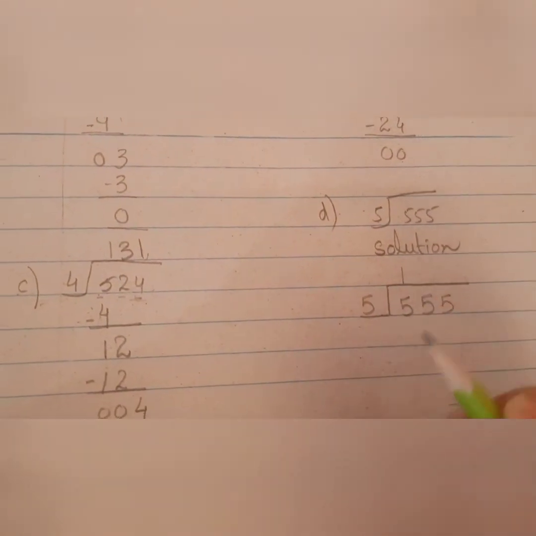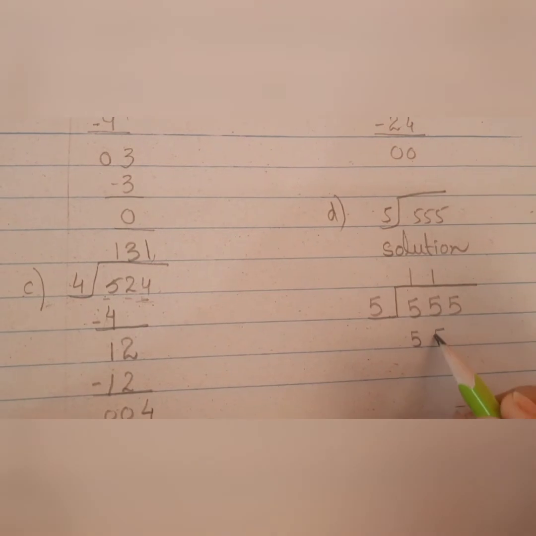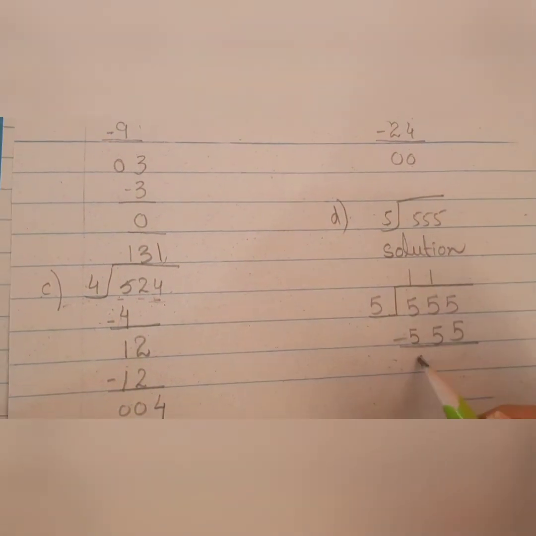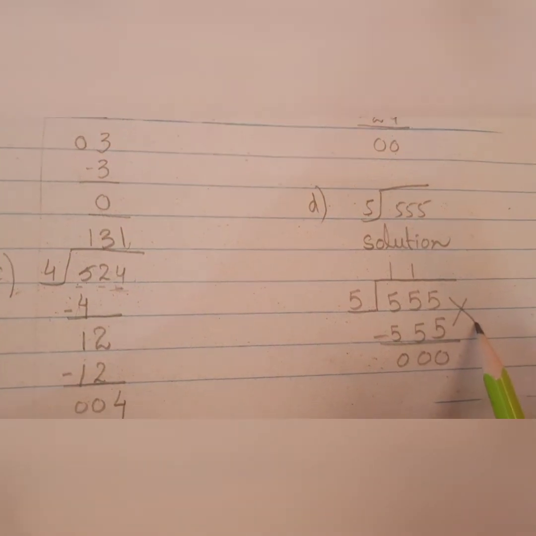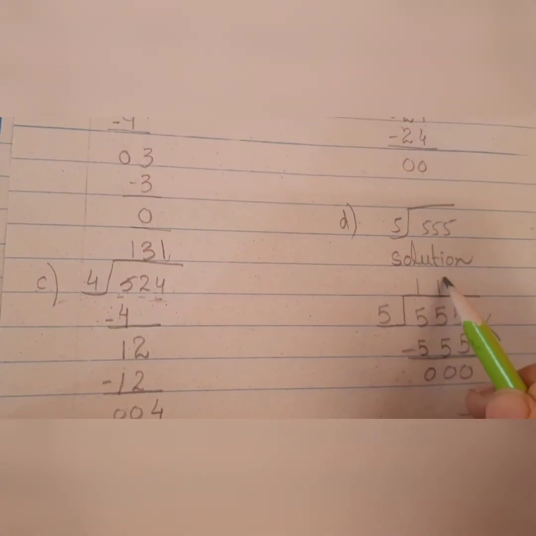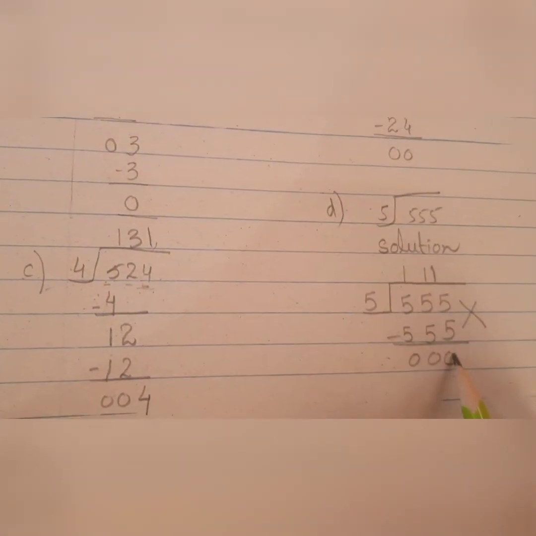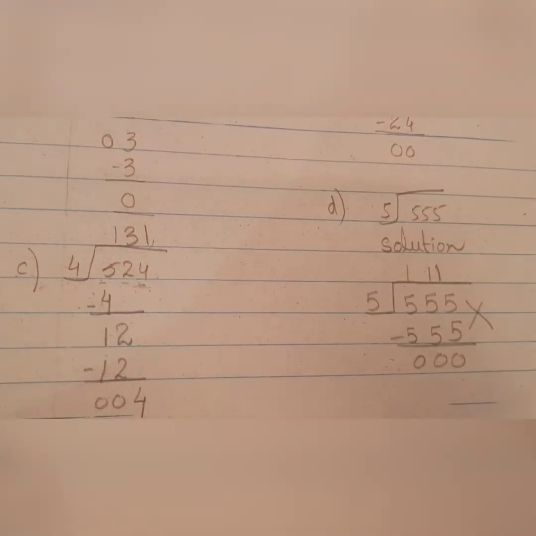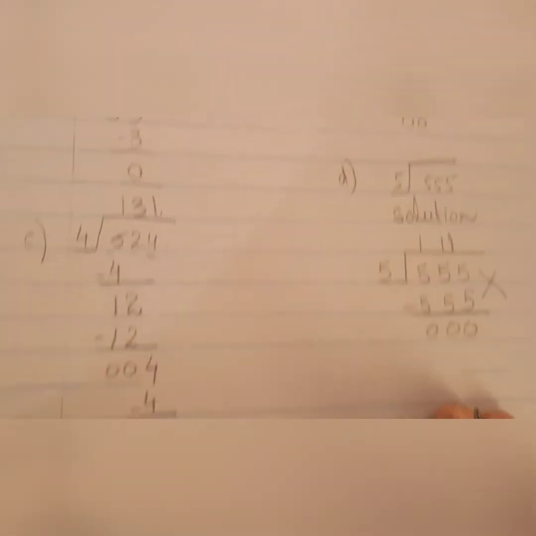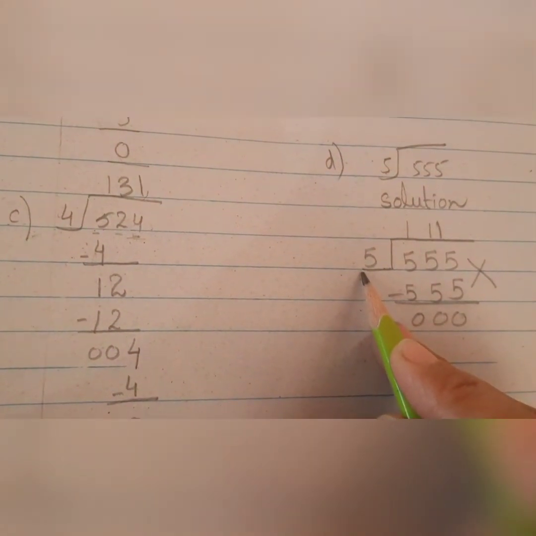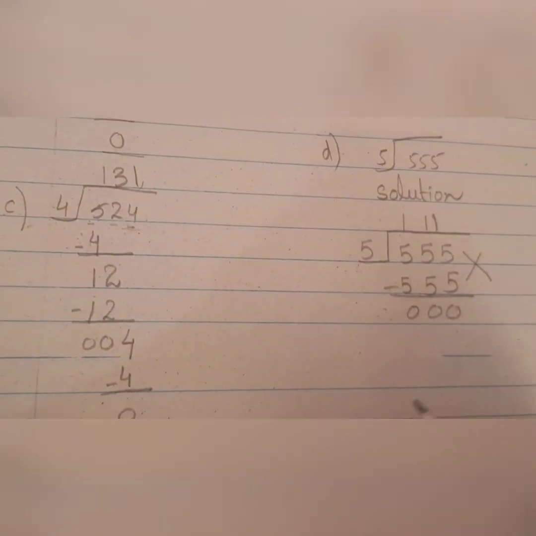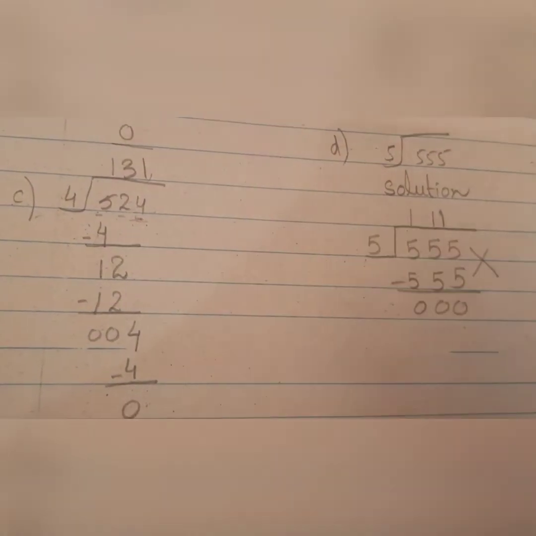Okay, most of the students make this mistake. As you can see, 5 ones are 5, 5 ones are 5, 5 ones are 5, and they finish the question. This is wrong. This is completely wrong. The answer is correct, but the method of doing the division is wrong, because 555 is not coming in the table of 5. We will break it into digits and then solve it.